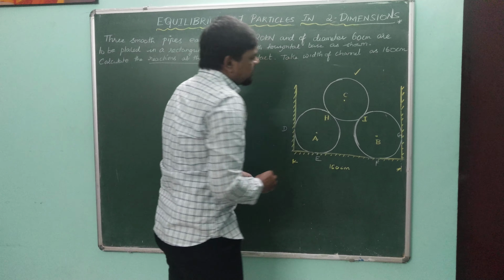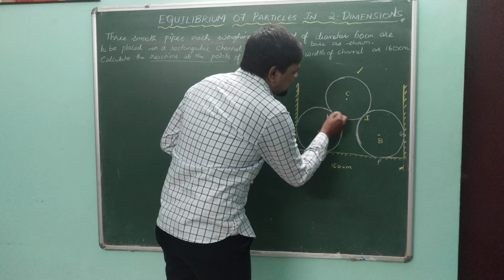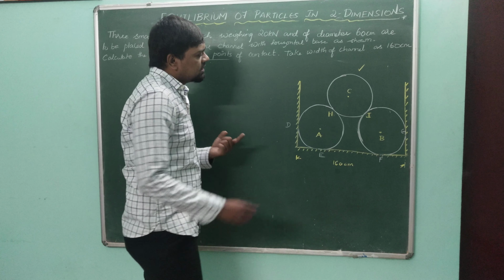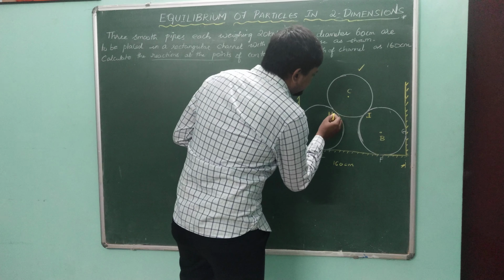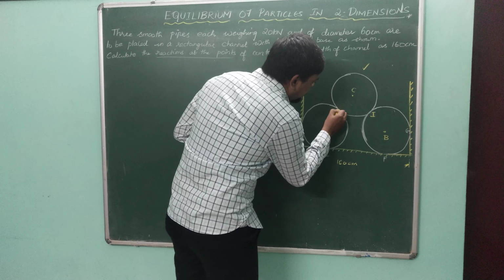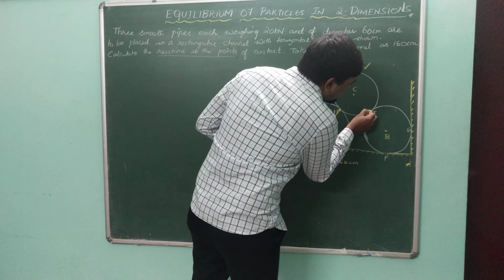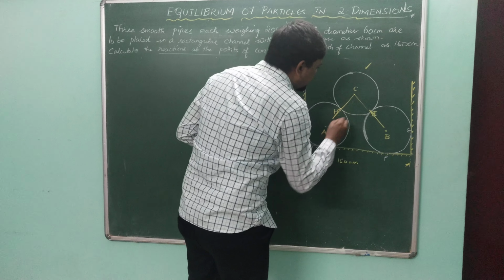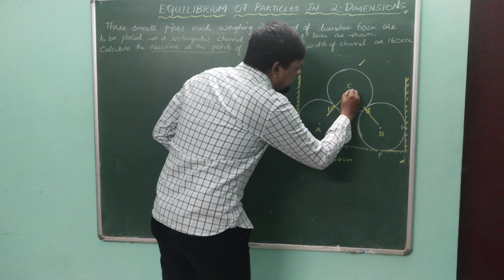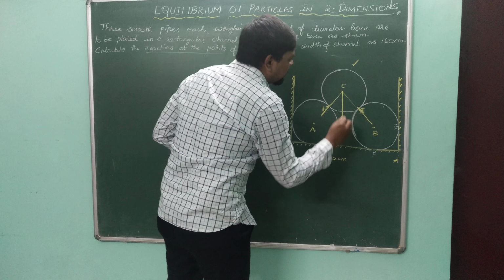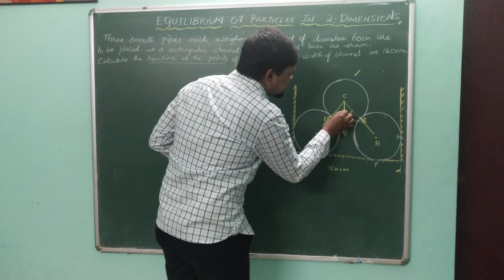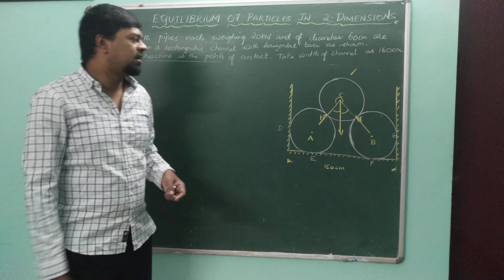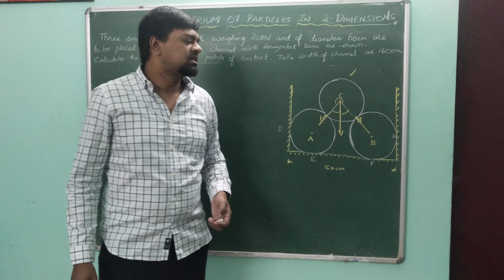This is having contact with two pipes, so a reaction will be prevailing. This reaction will be acting towards the object, so it will be coming here. And the self-weight is going to act vertically downwards. So three forces in a sense. If we could find these three intermediate angles, we can solve the problem by Lami's theorem.